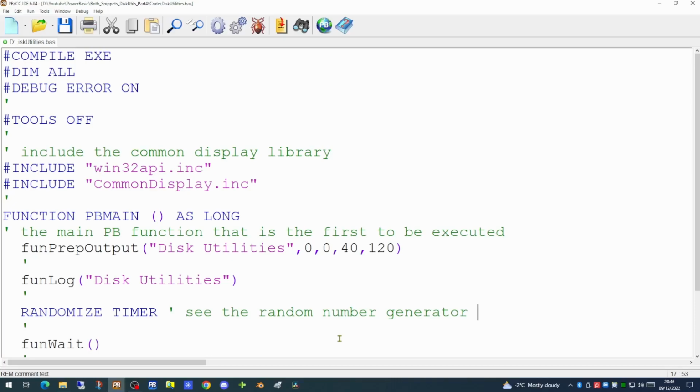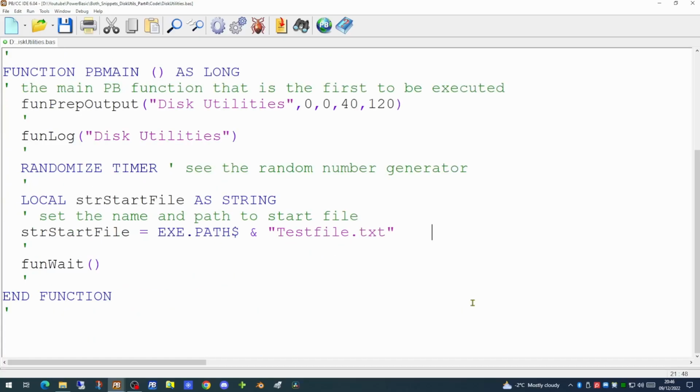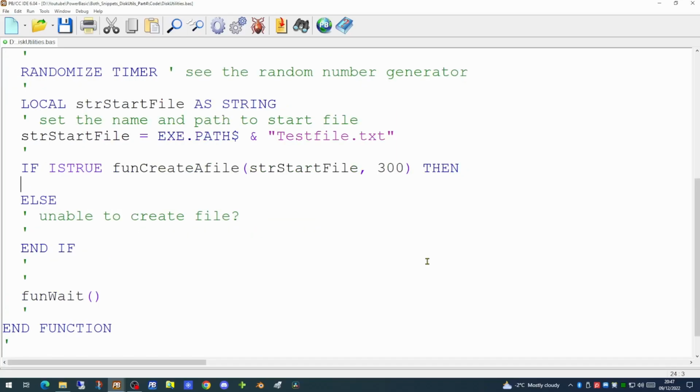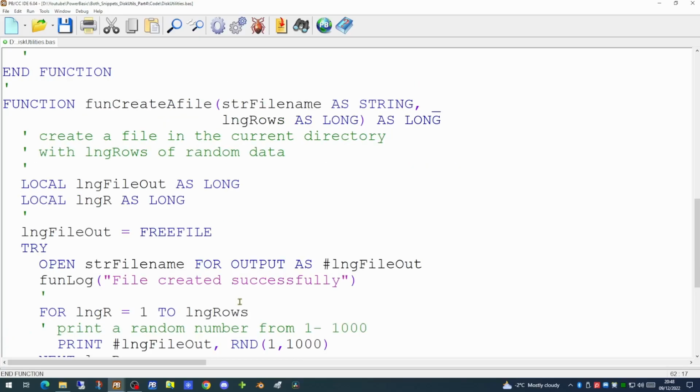We're going to create a test file into which we're going to put this random data. We're going to populate the path to and the name of that file in our start data variable. We will then call our new routine to create a file on disk. So before we go any further, we will create this new function to create a file. Our new function is going to take two parameters. Firstly, the path and the name of the file, and the second being the number of rows of data we wish to create within that file.